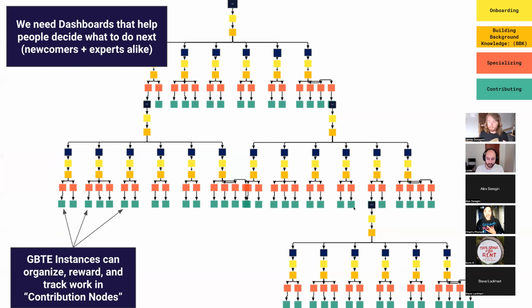And then different people can be the owners of different treasuries. So each of these contribution boxes, this greenish teal color, okay, there might be a GBTE for a whole bunch of them. And there would be a different owner, or when we get multi-sig going, that's a sharp DAO question, but obviously a necessary thing for us to build. How do we organize the work that's happening within each of these? And what's happening right here in one contribution node doesn't have to have anything to do with what's happening over here. These instances would work independently.